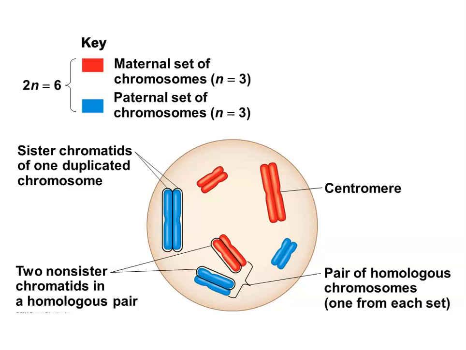Here you can see a visual of a cell that's undergone the DNA replication process. You've got the sister chromatids, a blue and a red comparable-sized chromosome, because it's a diploid cell, you have one from mom and one from dad. Then you can have non-sister chromatids, one from mom and one from dad, that carry the same alleles of information because they're representing the same chromosome. And then you have homologs when you have a blue and a red one paired together, because you have one from your mother and one from your father.